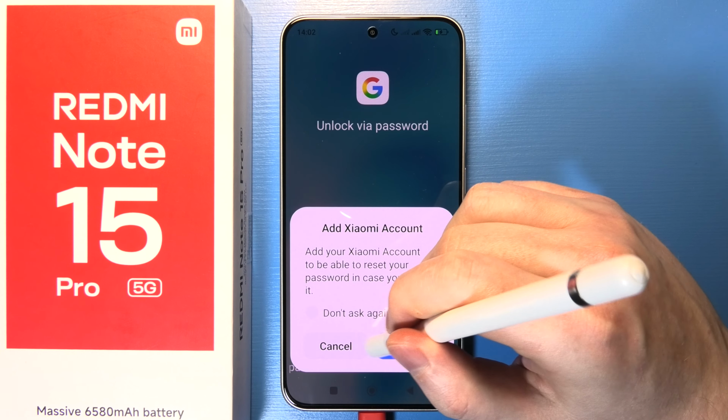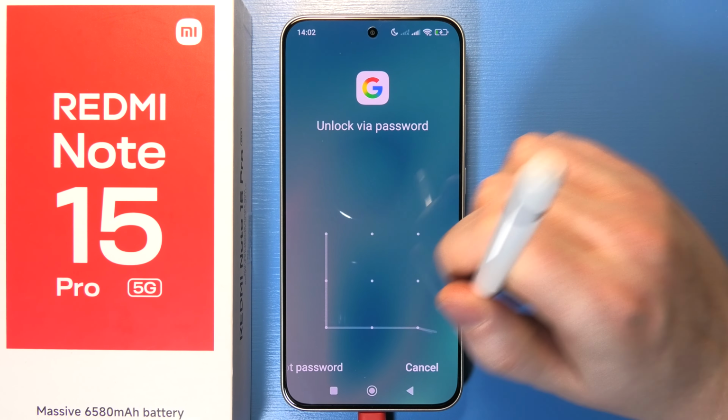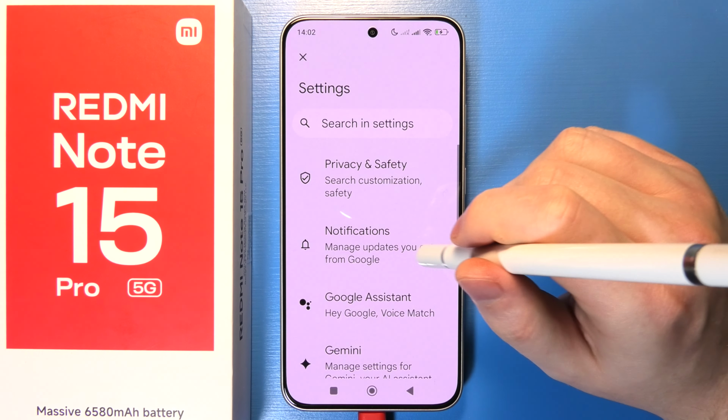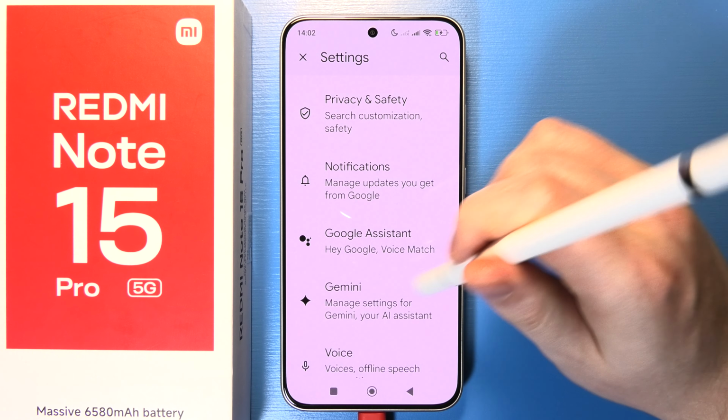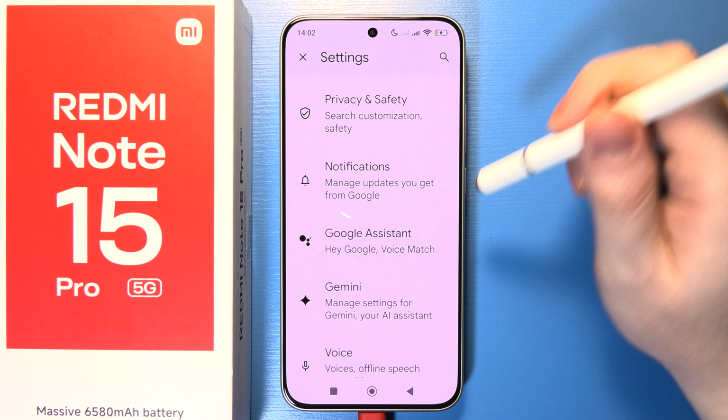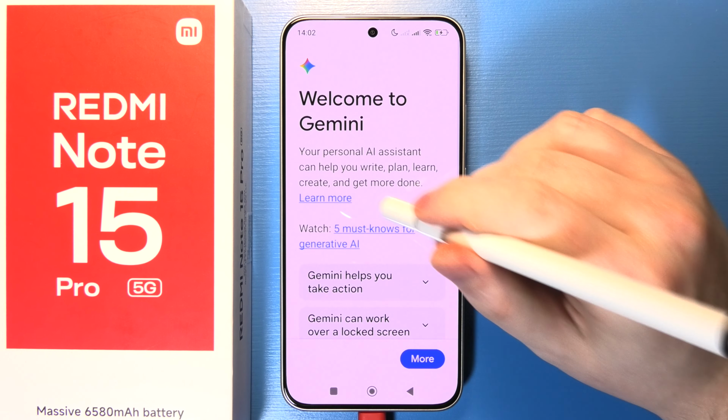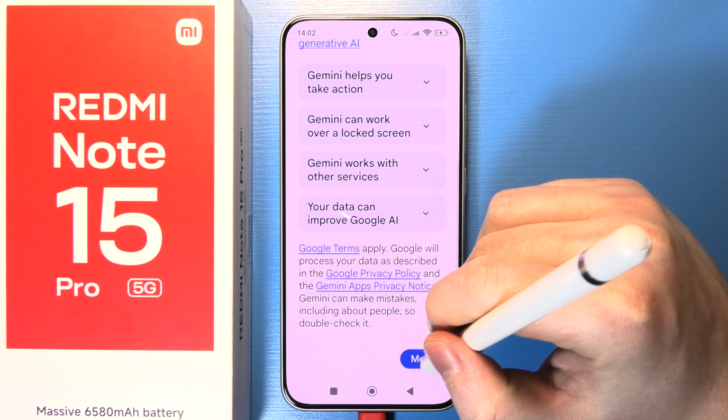Now inside I will need to provide it with my password. I have the app lock active. We can find both Google Assistant and Gemini. Now select whichever one you want to use. In this case we can go for the Gemini, and after that we'll get a brief setup for Gemini and